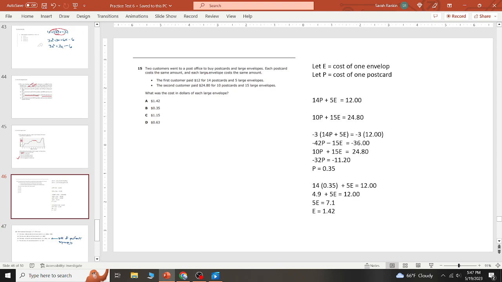Okay, 2 customers went to the post office to buy postcards and envelopes. Okay, let's let E equal the cost of one envelope, right? Because that's what the question is. What is the cost in dollars of the large envelope? And let's let P be the cost of one postcard. So we know from the first equation 14P plus 5E equals 12. From the second equation we know this. Now this is a little tricky. I multiplied the first equation on both sides by a negative 3, so that when I compared it to the second equation, I could just subtract them, and I solved for P. Once I knew P was 35 cents, I substituted into the first equation, solved for the envelope,